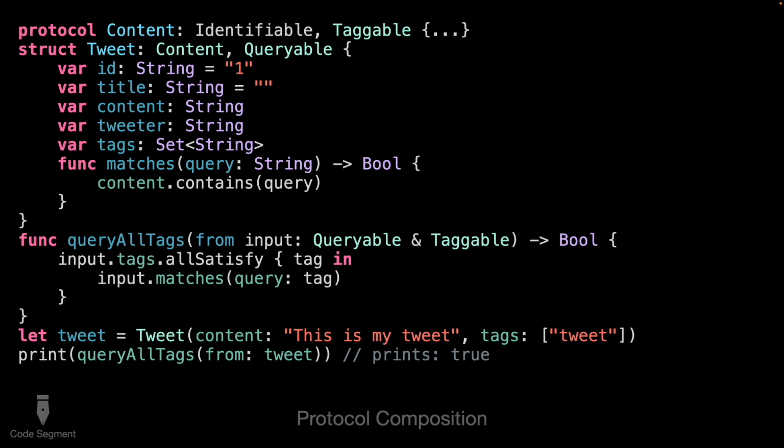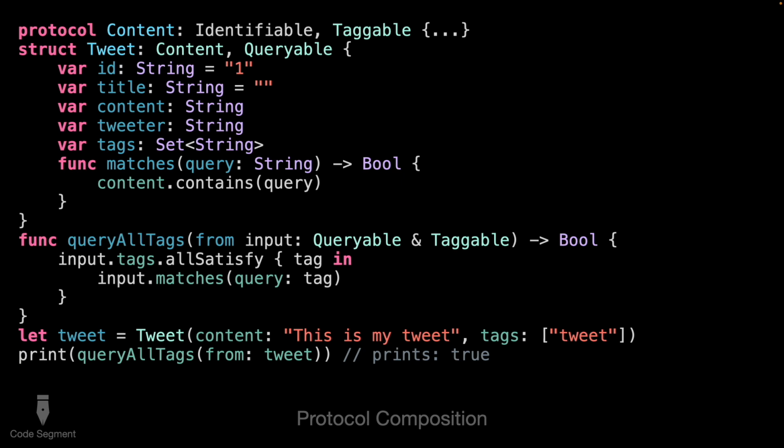If there's functionality that's defined within one protocol and also within another protocol, and you want to make sure that the type being passed into you is a type that conforms to both protocols, you could